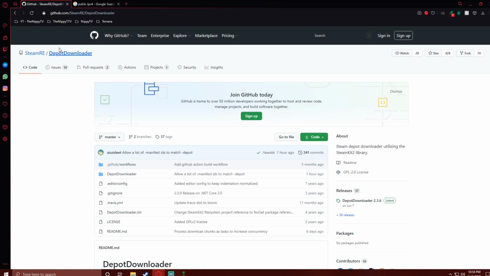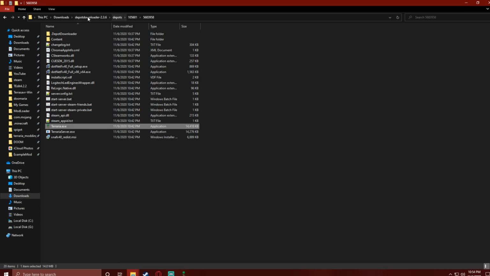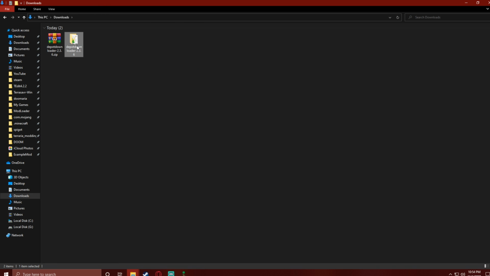So basically what you're going to want to do is go to GitHub and look for DepotDownloader. I will link to it in the description. You're going to want to go to releases over here on the right. Download this file right here, DepotDownloader 2.3.6.zip. Then go to your downloads or wherever you saved it, extract it, and then